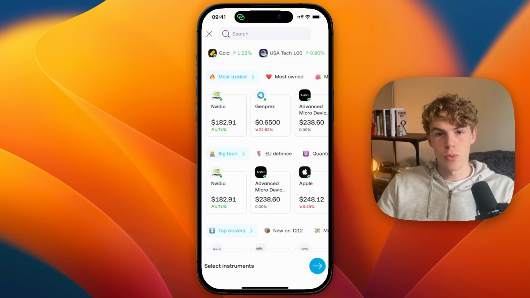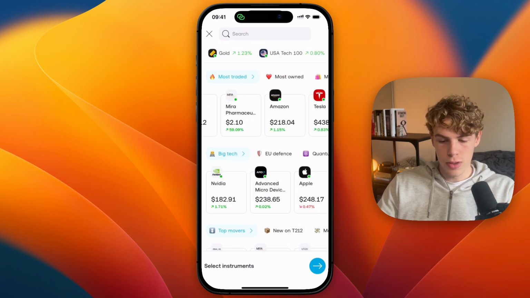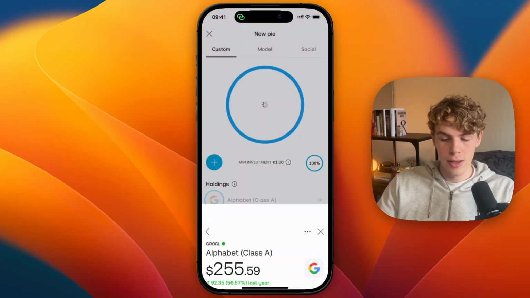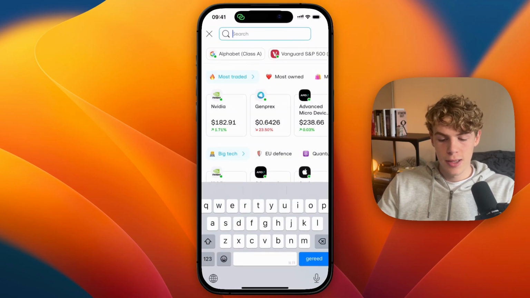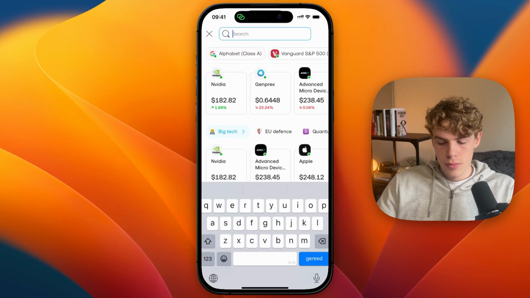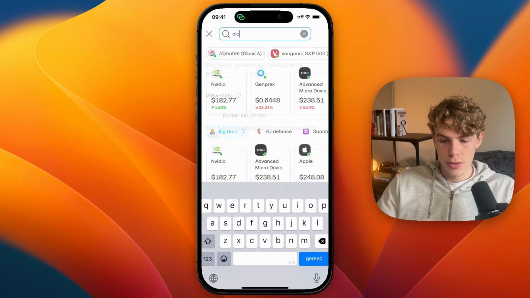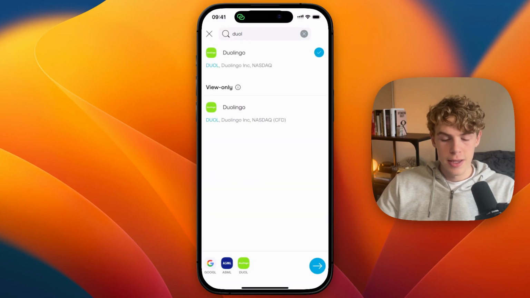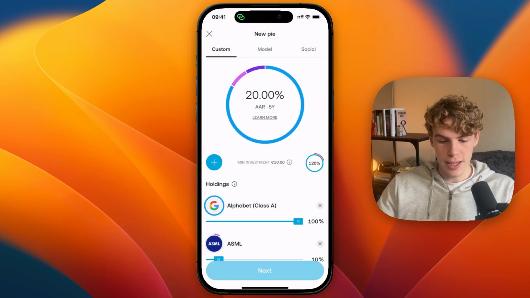Then here you can select what you want to invest in. For example, if I want to go and invest in Google, then I can just click Add to Pie. And then I can again click plus. Now, for example, if I want to do ASML, I can search for that and just click plus. Then let's say I want to do Duolingo, then I can go to search for Duolingo and just add that in there as well. Then once you have all the positions you want, click on the arrow and then choose